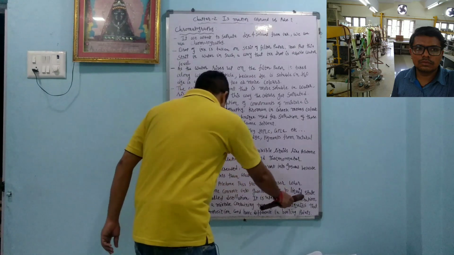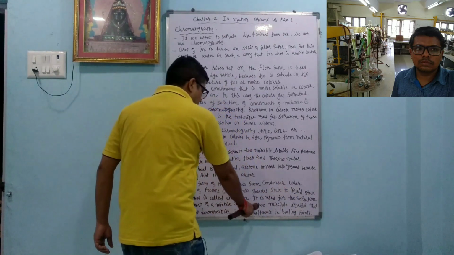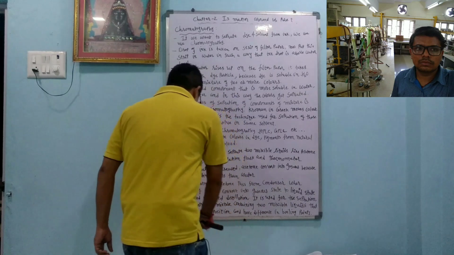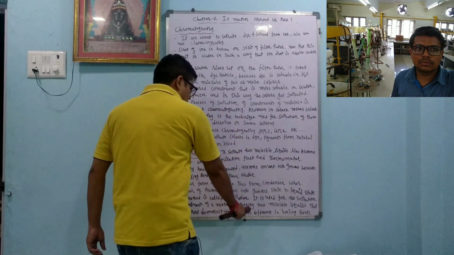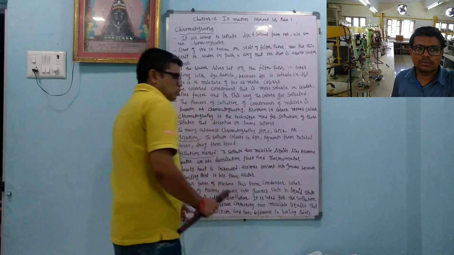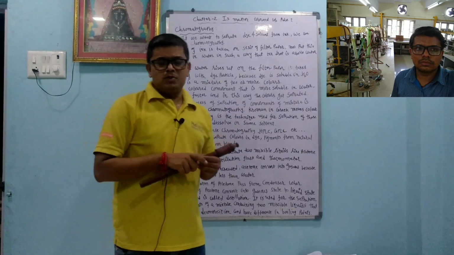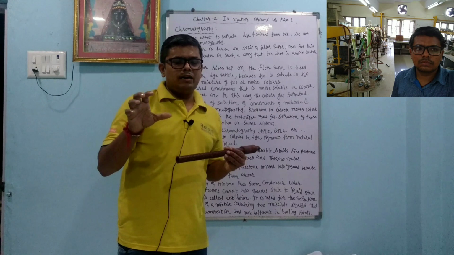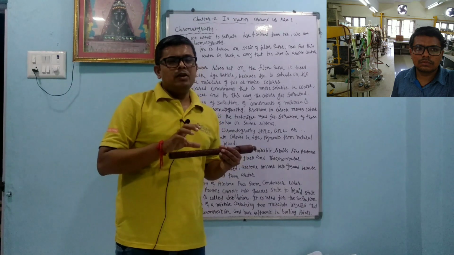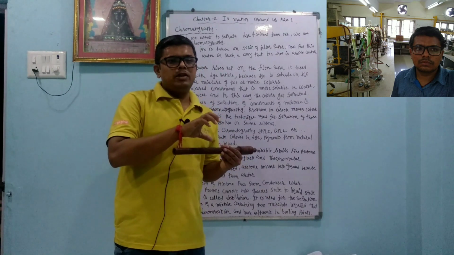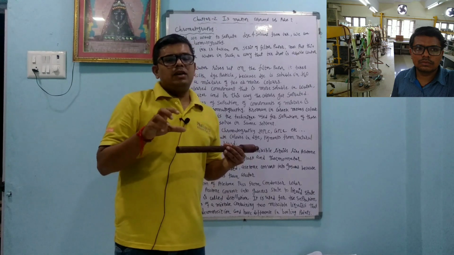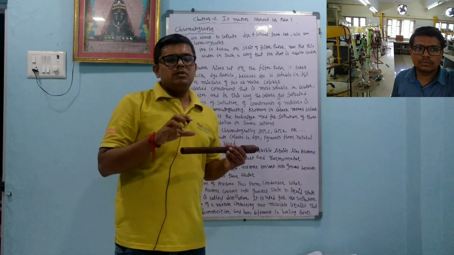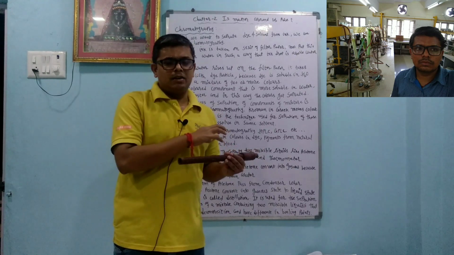It is used for the separation of components of a mixture containing two miscible liquids that boil without decomposition and have a difference in boiling point. So no decomposition reaction should take place, and their boiling point difference should also be high, then we can easily separate them. Suppose two liquids are there, one has a boiling point of 60 degrees and the other has a boiling point of 62 degrees, it is somewhat impossible to separate them by this technique.